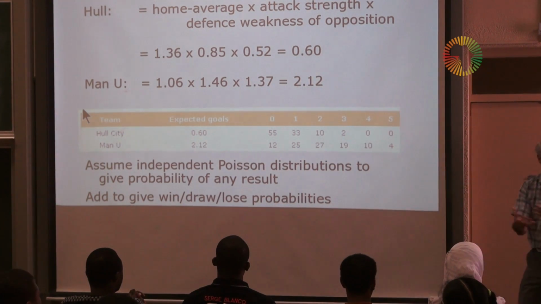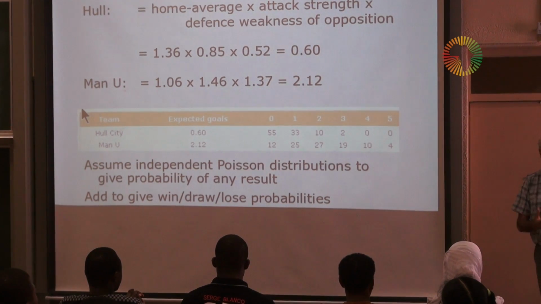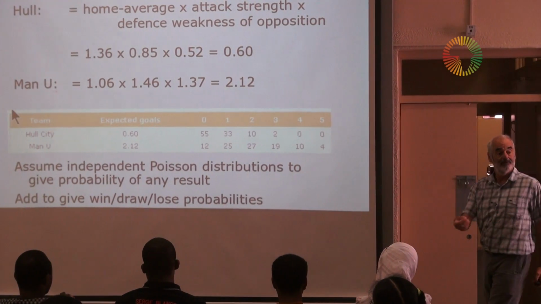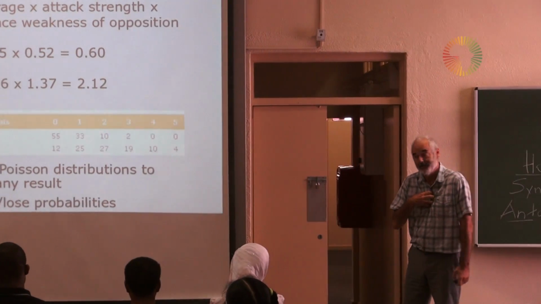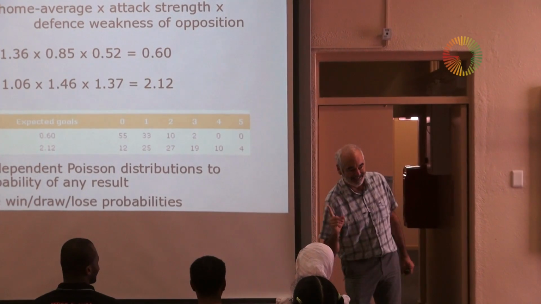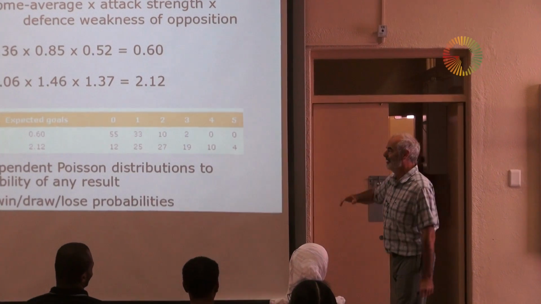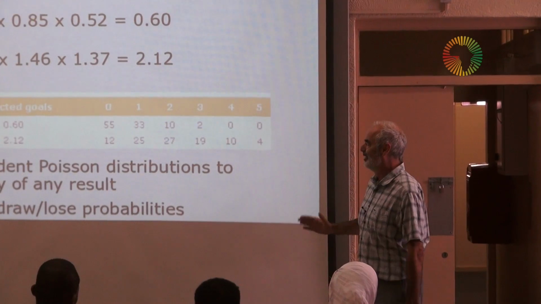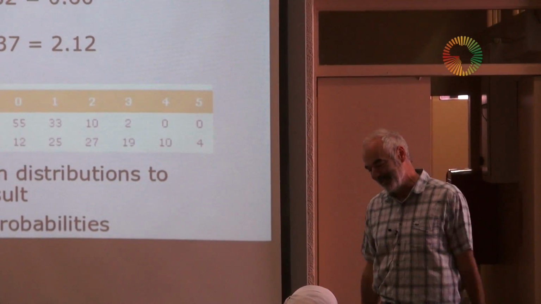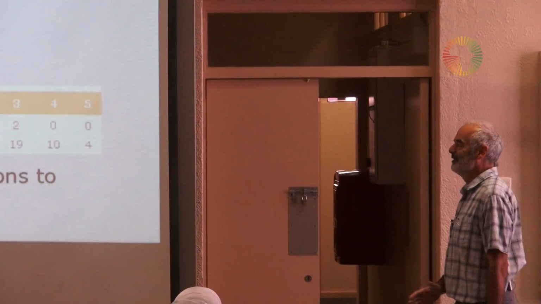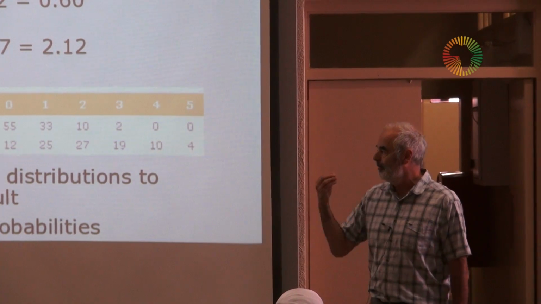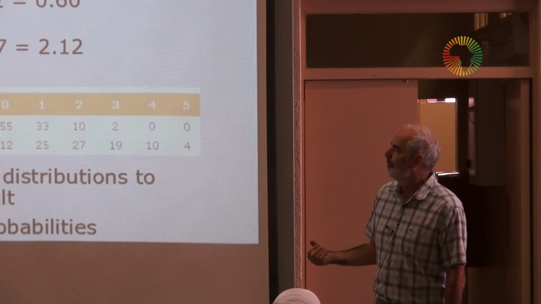So that means we can calculate the probabilities of any outcome. And they're good probabilities, and we can use that to place bets if we want. I don't bet, I don't gamble, I don't recommend it. But if you do want to gamble, use some good mathematics. There's a book called How to Gamble If You Must. So this gives you the probabilities. So it's one very important use of a Poisson distribution.